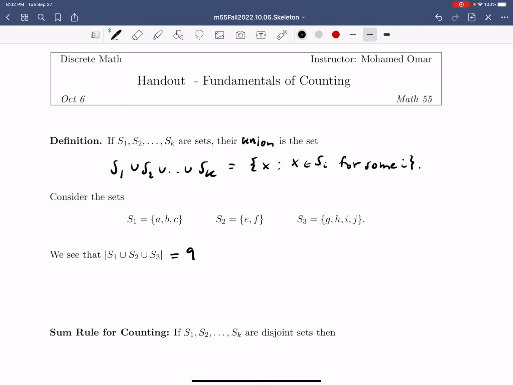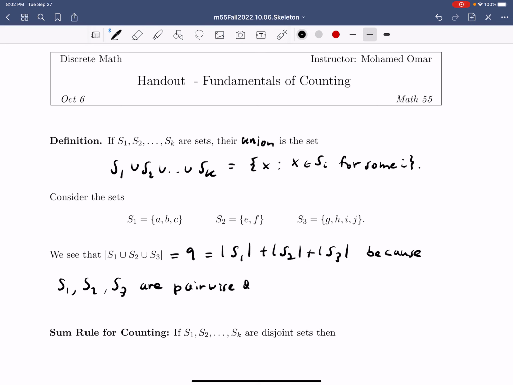So this is the size of S1 plus the size of S2 plus the size of S3, because S1, S2, and S3 are, I'm going to use this term, pairwise disjoint. Disjoint means that sets have nothing in common, and pairwise means every pair. So every pair is disjoint. These two have nothing in common, these two have no elements in common, and these two have no elements in